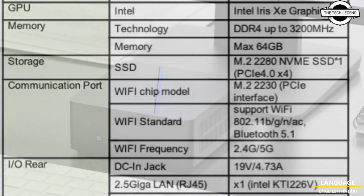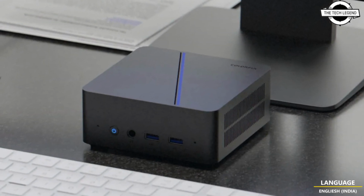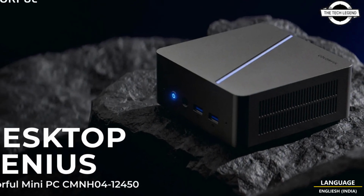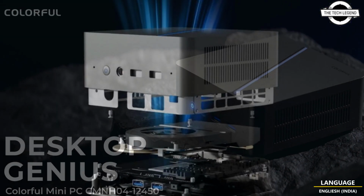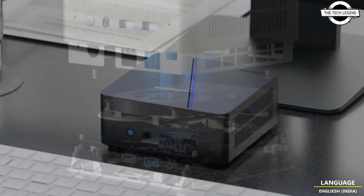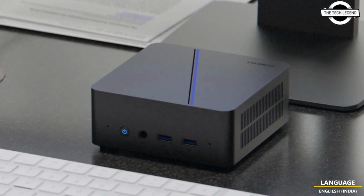So friends, today I will talk about Colorful mini PCs, new models. So friend, Colorful has recently announced its expansion into the mini PC market, an area known for its intensive competition along various brands. And the company's entry model